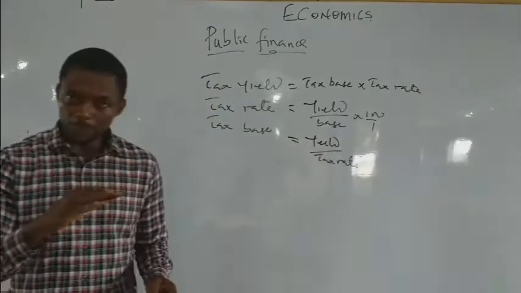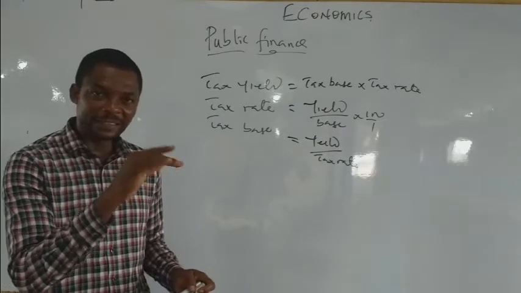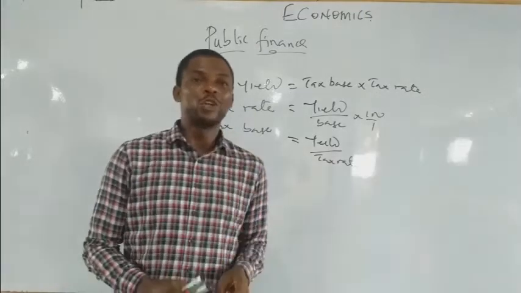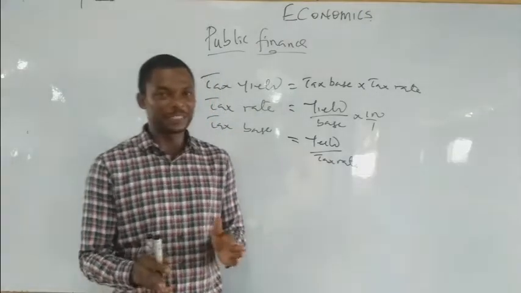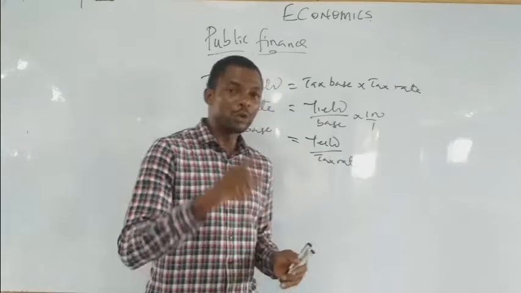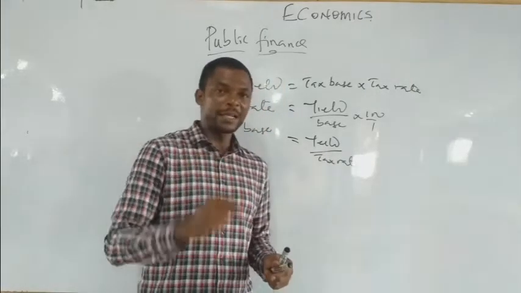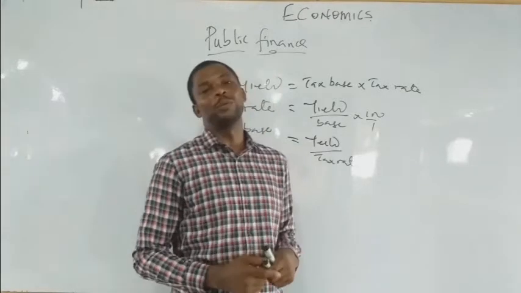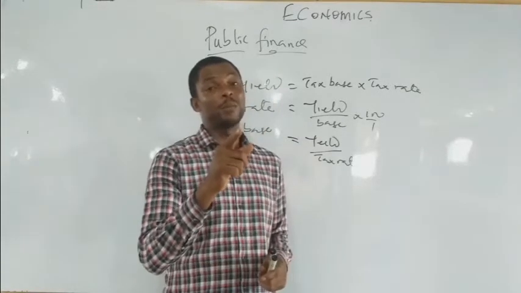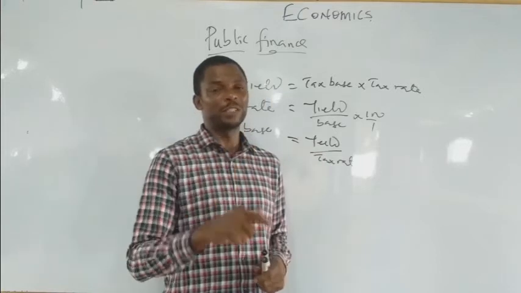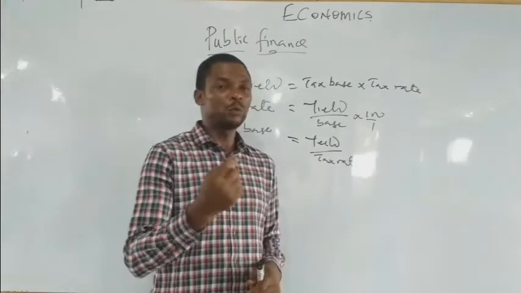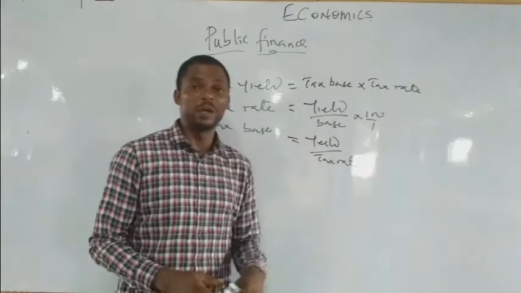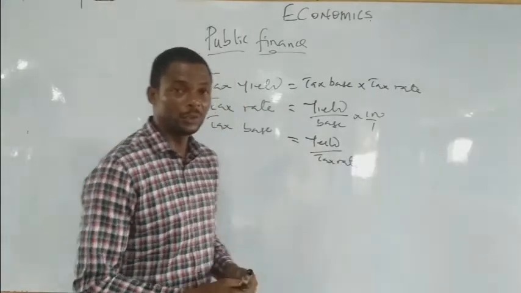The tax is said to be progressive if you are paying a higher rate as tax as your income is increasing. Yes, I use the word rates. Not just what a lot of textbooks or a lot of analysis say, higher income. No, the rate. Your rate must be the word that you use. Any tax in which you pay a higher rate as tax as your income is increasing is called a progressive tax. Because you can be paying a higher amount as tax as your income is increasing, and it's not a progressive tax. But when you convert it to rate, using the formula here, yield over base times 100 over 1, you will now realize that such a tax is known as a progressive tax.